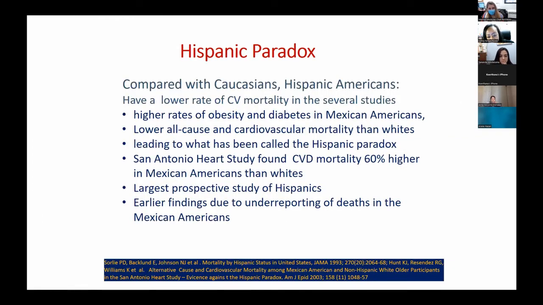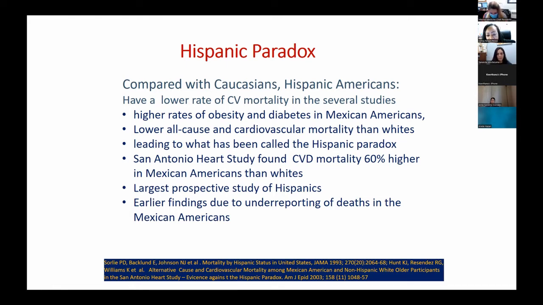There are different explanations for that, but typically in terms of the cardiometabolic risk factors, you're seeing higher rates of obesity and diabetes. There are the social determinants of health. There are health literacy issues, et cetera. So there are potential explanations for that, which I won't have time to delve into. At the end, I'll show you a couple more slides on Hispanics, but there's some